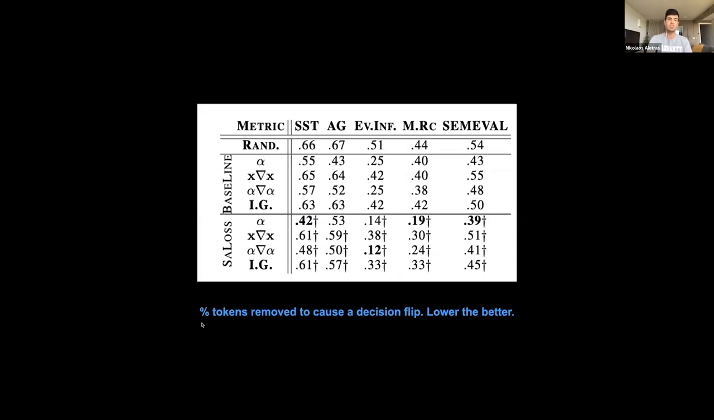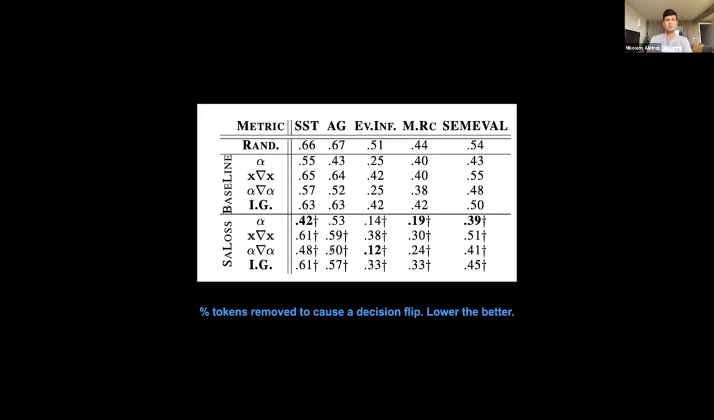Again, here we see the fraction of tokens removed to cause a decision flip. So the lower the better. It means that if I remove a smaller number of tokens from the input and we cause a decision flip, that means that those tokens are more important for predicting that particular class than the rest. So the lower the better here, and you can see that all the feature attribution methods here, gradient-based and attention-based, are improved. Specifically, attention-based